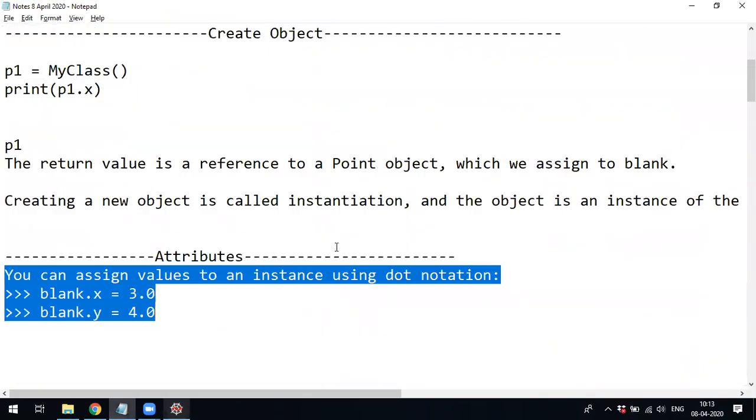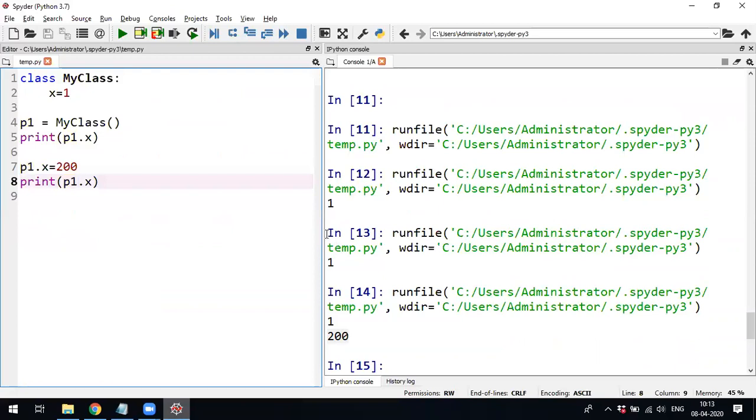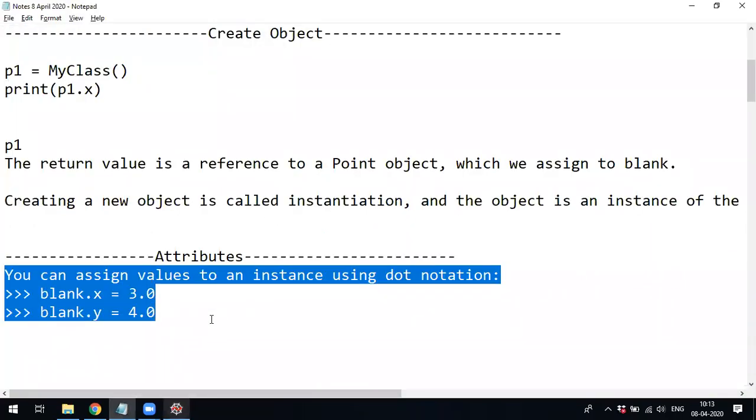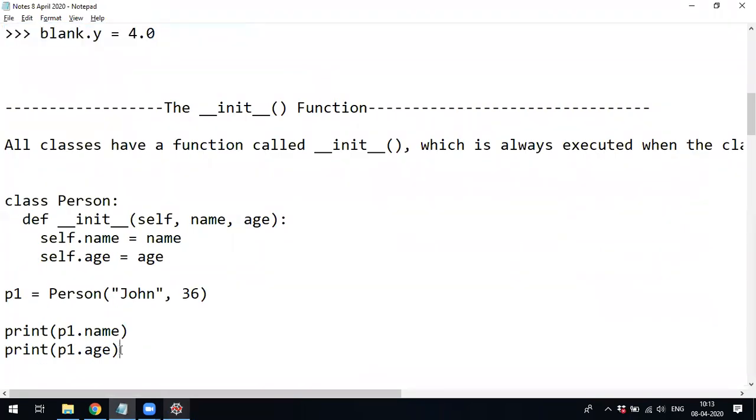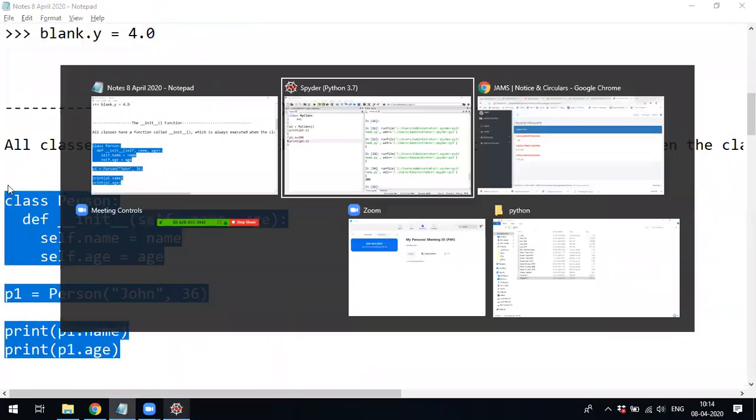See, in Python, whatever you have seen in Java as the constructor, the same thing is there in Python to initialize the object. To initialize the object, there is a constructor, but here we don't use the word constructor. For that, the function name is __init__. This is for initialization, to initialize the objects of the class. This is one example.